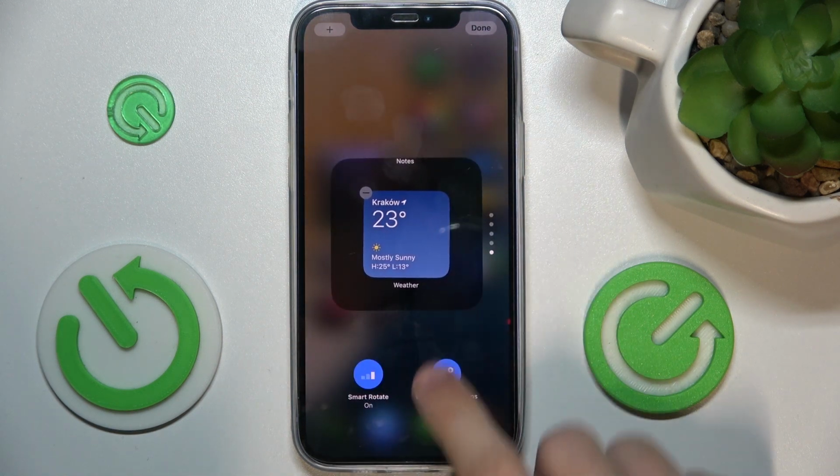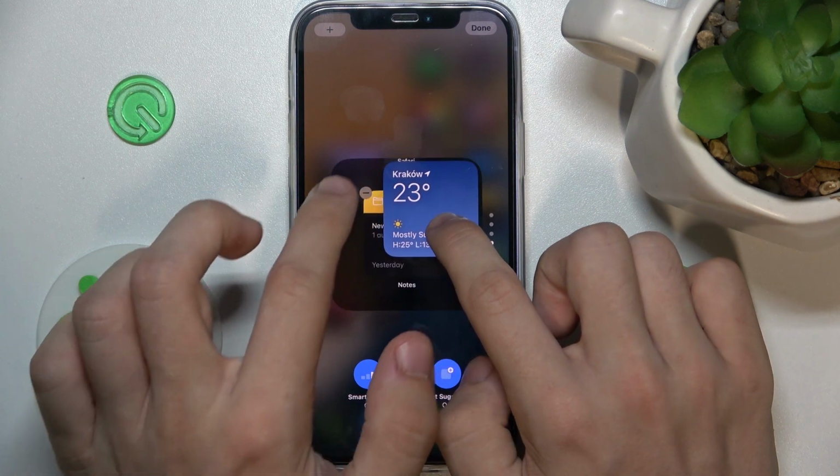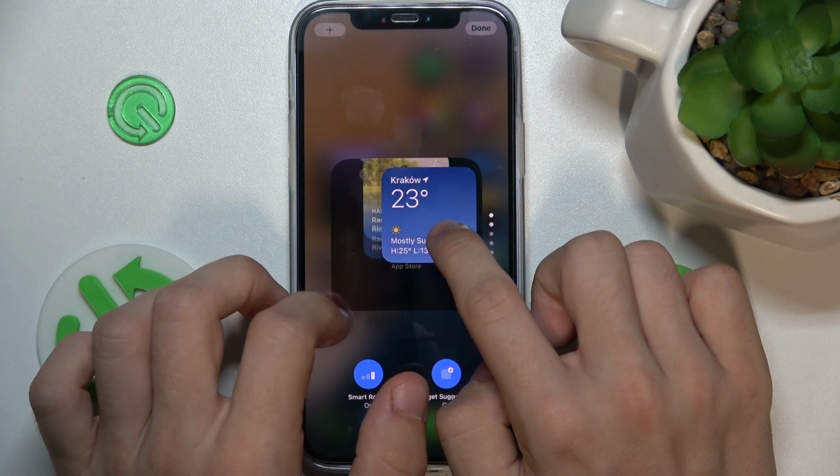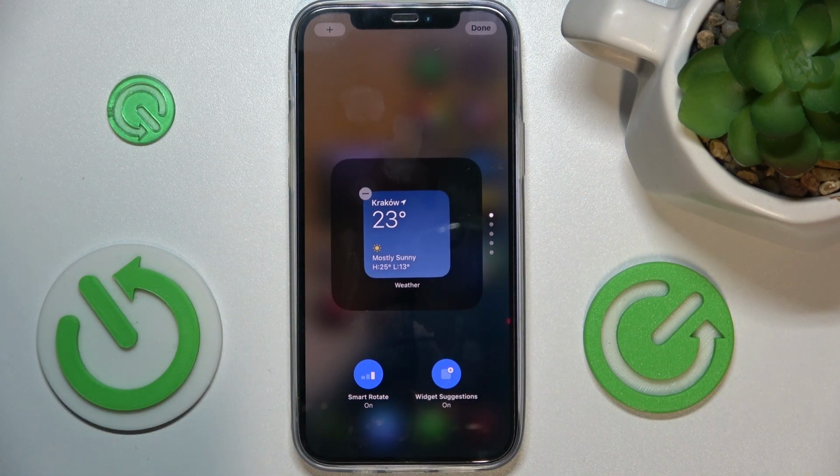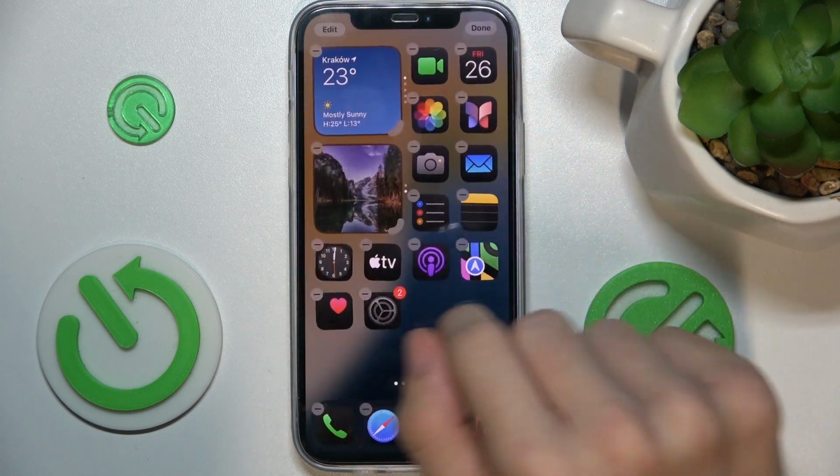I'm gonna let weather stay in the smart stack, but I'm gonna scroll through it to move it to the top, then press on Done, and now